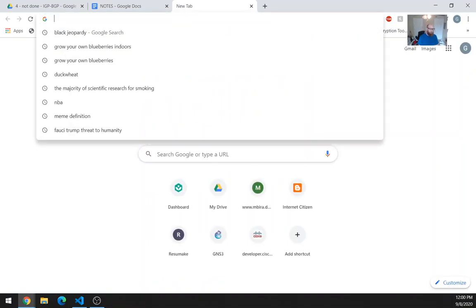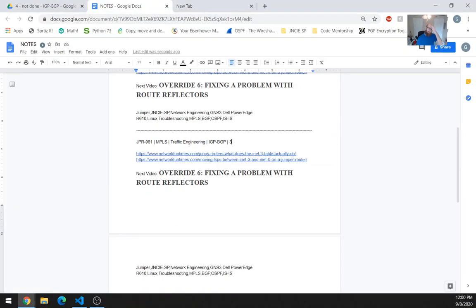Now, I kind of went off the rails a little bit because I just didn't understand a lot of things about MPLS, such as what the inet.3 table is used for. I know now that it's used for when you use BGP for your signaling protocol. It basically gets its own table. That's basically all it's for, and you can move that into the inet.0 table. You can treat that table in many different ways. So that's what I've been reading about now, and I've got a pretty good